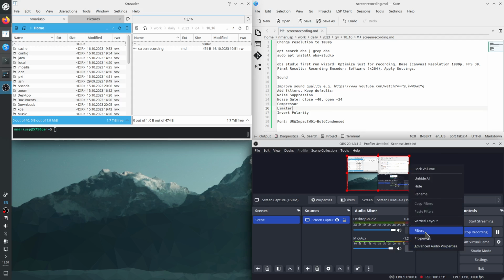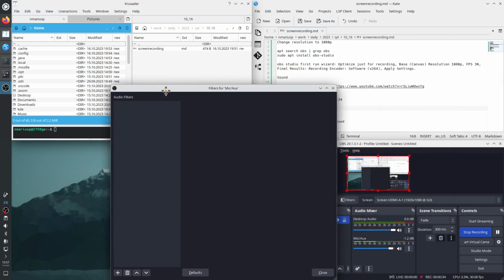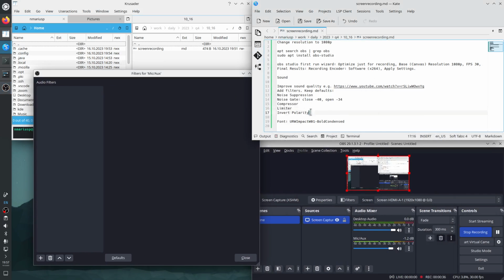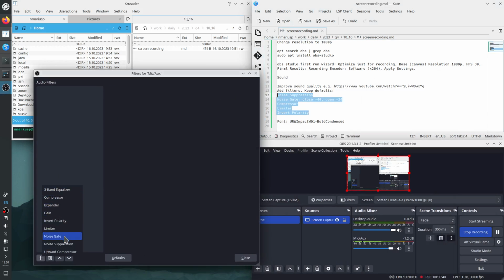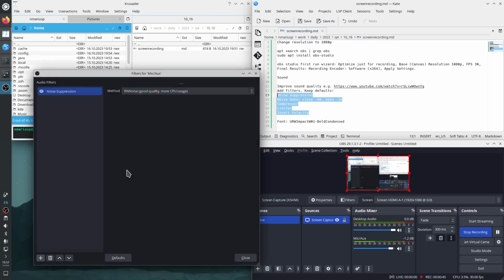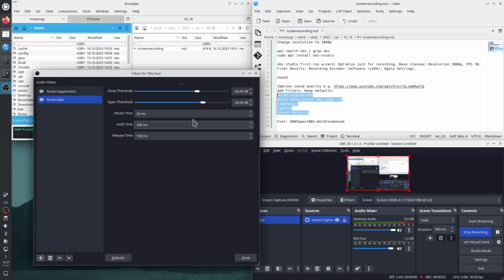and then add filters. So the list of filters is this one: noise suppression, nothing to configure here, noise gate, this is close -40, open -34, next,